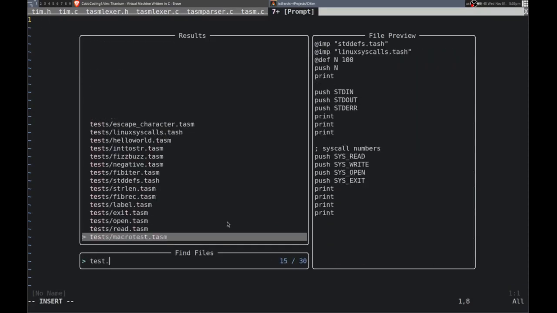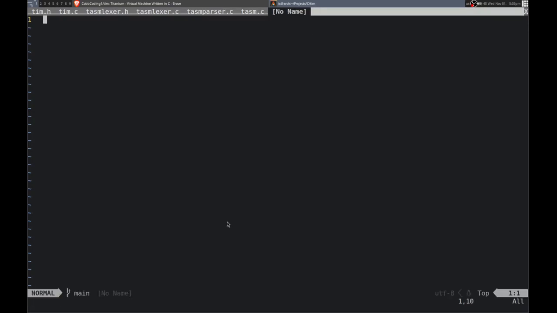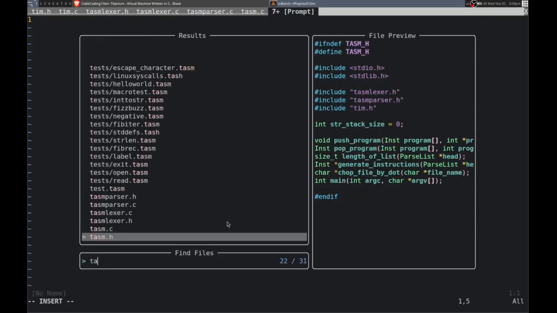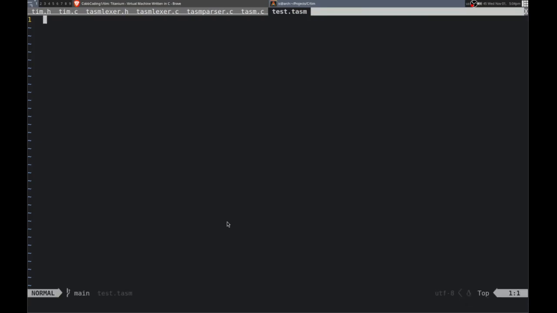So let me see. We do have test.tasm. We do not. So let me create it. And then I'll open it up. Test.tasm. There we go. And then we'll just push stir test. And then let's run tasm. Alright, nice. Okay, and then we can pop stir, and then we can get stir 0, and this should return an